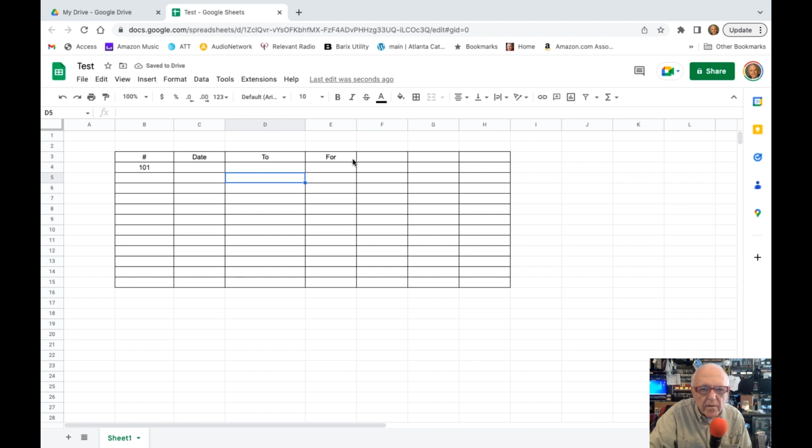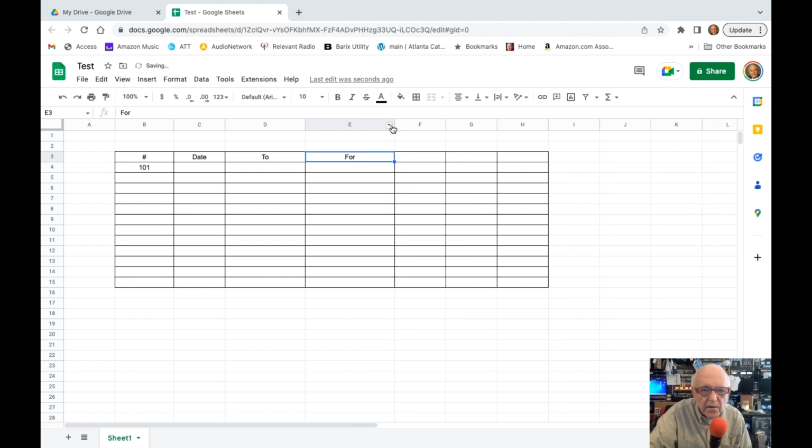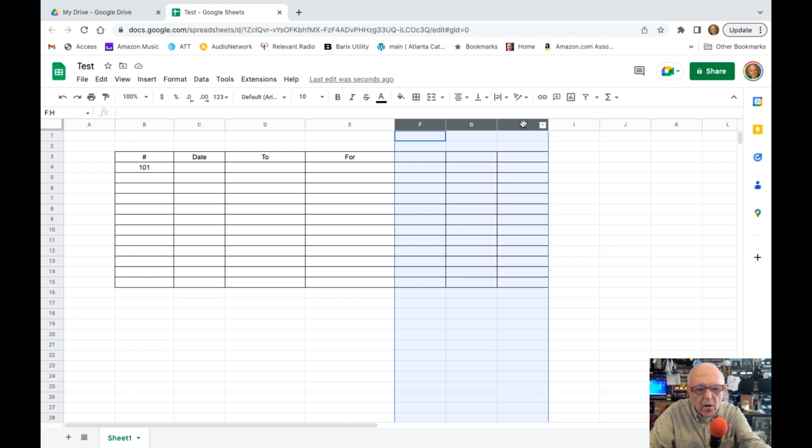And we'll make this a little bit bigger. Now to make these bigger, you just grab the line up top like I just did there. See how the cursor is going to the right? And just do it like so. Now we don't need this F column anymore. So if you hold your finger down on the shift key and highlight those,